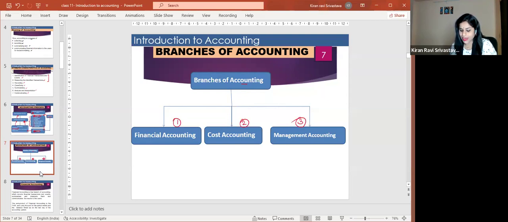Management accounting is a more specialized paper, whereas cost accounting is a little bit of a general paper, and specialization both happens. Financial accounting is mostly a general paper for everyone. It is for understanding the basic books of account, how they are maintained, how all the transactions are recorded, and how double entry happens. First, you have to understand financial accounting, because if you do not have the understanding of financial accounting, you cannot understand cost accounting, and you cannot understand management accounting.